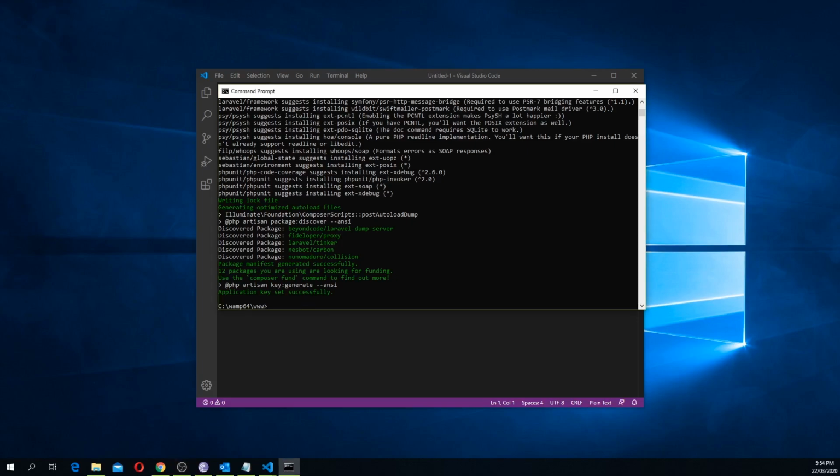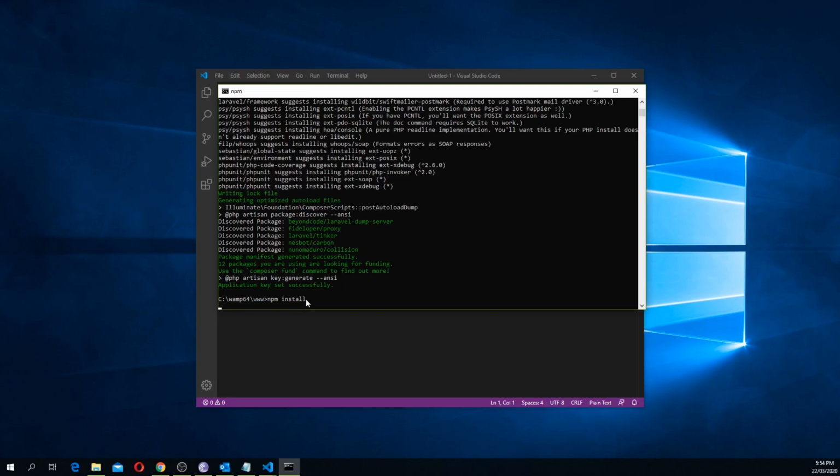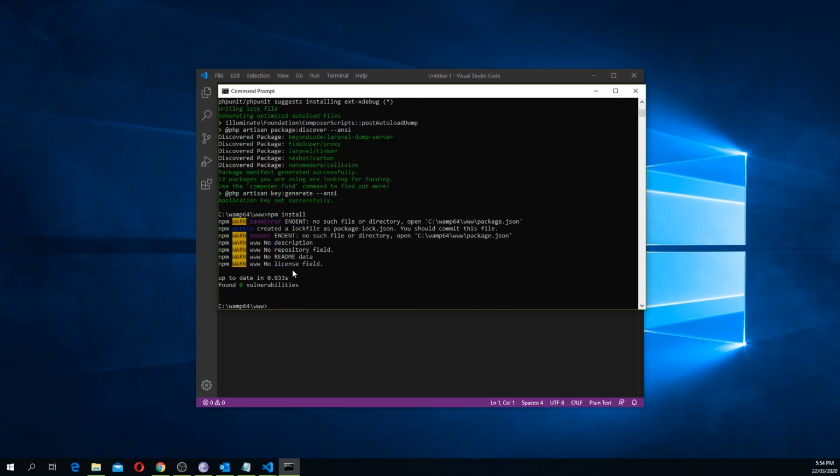Okay, installation is finished. For the bootstrap, I usually use the node npm node package modules, so we need to install that. Simply type npm install, and also this one will